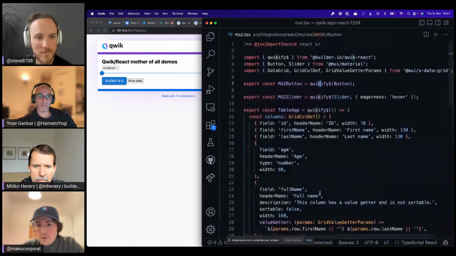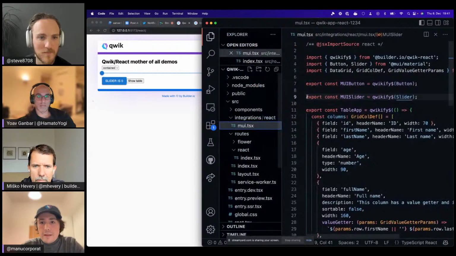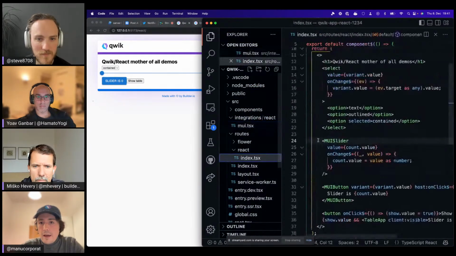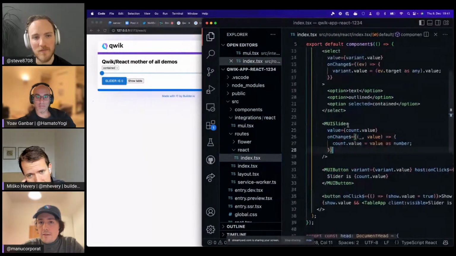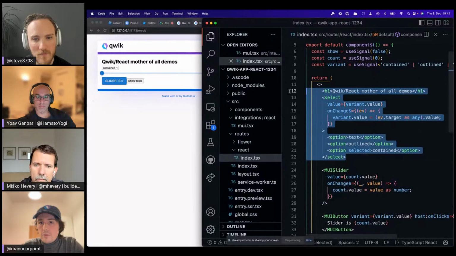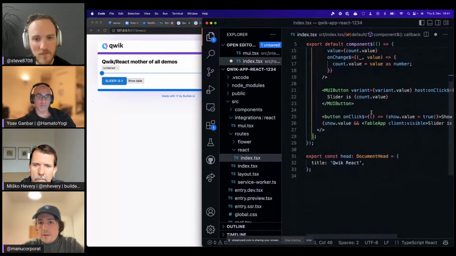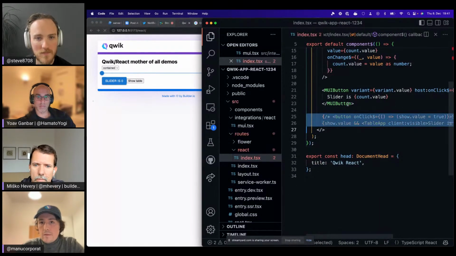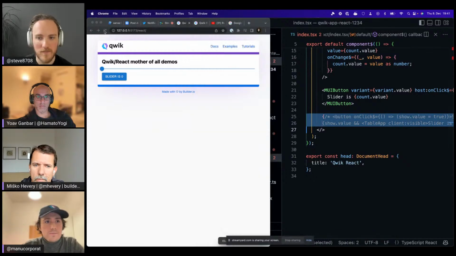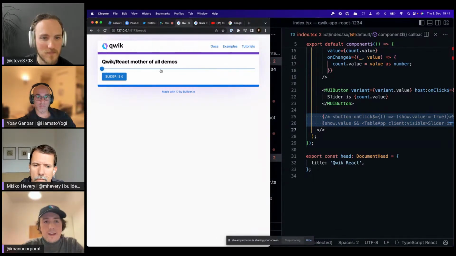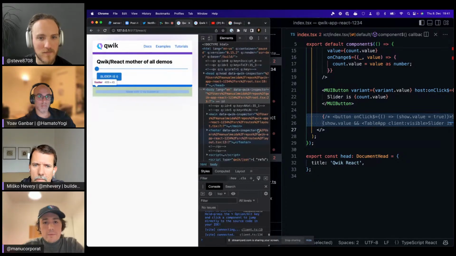So I'm going to change this eagerness here, because I'm going to build this step by step. And if we run, we have this. I'm going to simplify this a bit. So we run this application. If I try to interact with it, nothing happens, right? I'm going to open the DevTools.